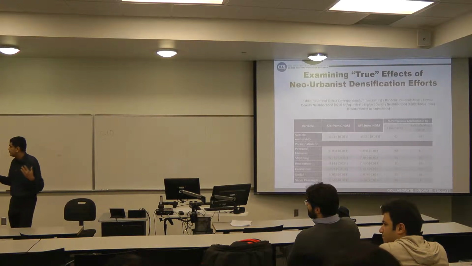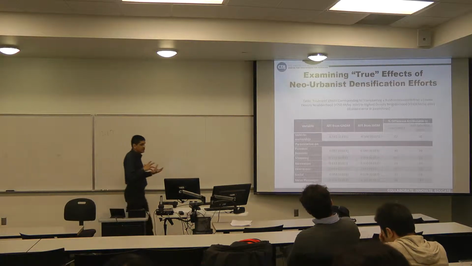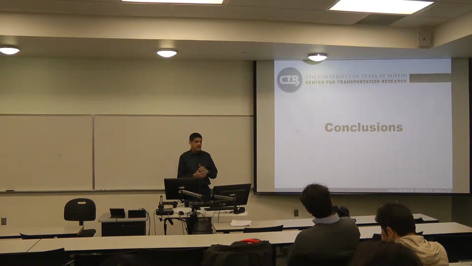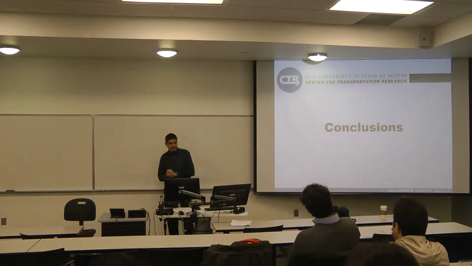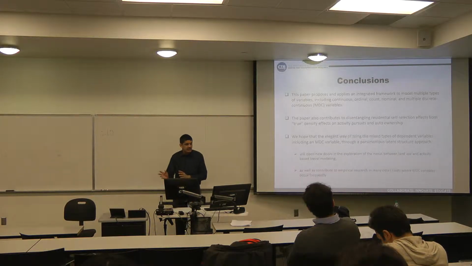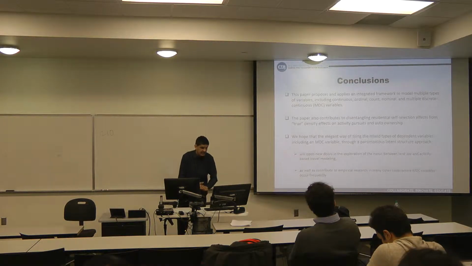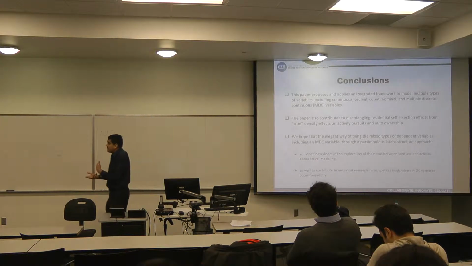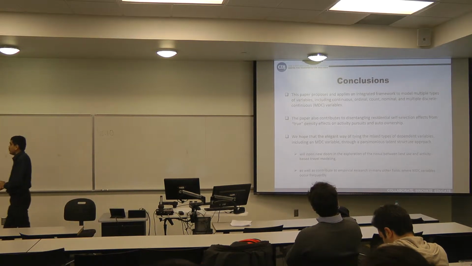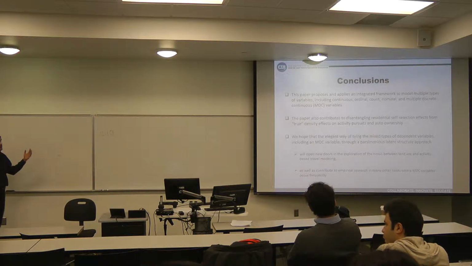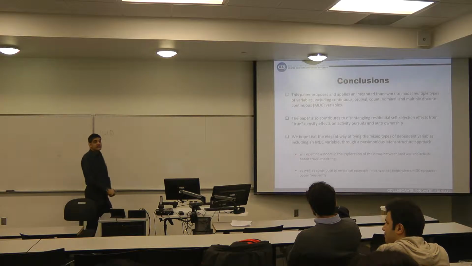So just to give you a sense of how the model that we developed, which includes the MDC, can be actually useful for policy conclusions. I'm just going to leave that here. We certainly do hope, we believe it's a very elegant way of trying different types of variables, and we hope it will open more doors in exploration of the nexus between land use. So let me stop there, and I'll be happy to take any questions.